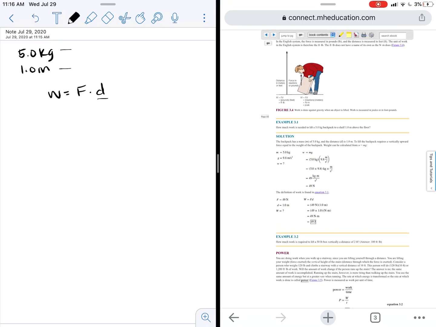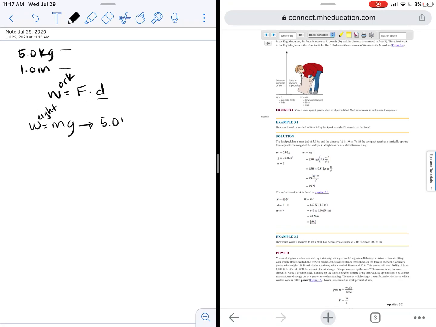So this is something that you have to go back to chapter 2 on. And this is really going to probably make you mad, because this W stands for work. Well, you remember back in chapter 2 how weight was equal to mass times gravity, and it's also a W, unfortunately. People always get mad about that. Like, I don't make up this stuff, guys. I just have to teach it. But anyway, if we find weight, do you remember what weight was measured in? Not to be confused with mass. Weight was measured in newtons, not pounds, because we're not talking about English system units, we're talking about metric system because we're in science class.